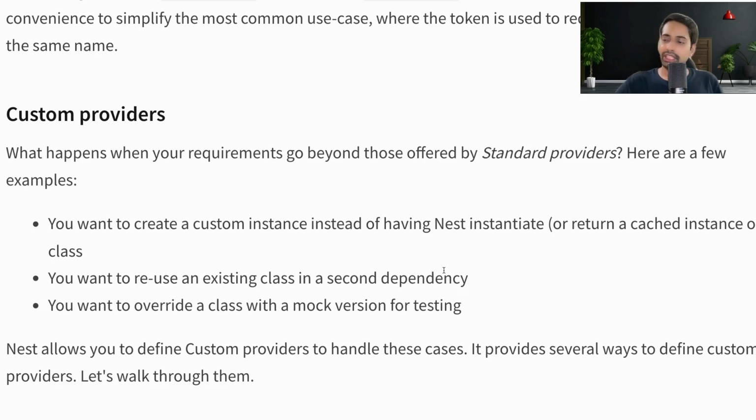जैसे मुझे टास्क सर्विस का न्यू टास्क सर्विस नाम से इंस्टेंस बनाना है. I can reuse the existing class. You want to override a class और मॉक करना है टेस्टिंग के लिए. अब क्या होता है, it's like an HTTP service that has HTTP get, put, post to a URL. But in test cases, either integration or unit test cases, मैं actually API hit नहीं करूँगा. I will create a mock version of it. So I will override this HTTP service with the HTTP mock service. So this is how I will define my providers in my own way to mock the actual service. So this is the objective of creating the custom providers.